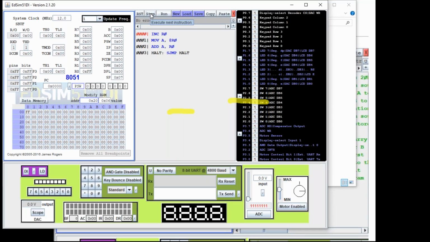Okay, so I'll step through. Now R0 is at FF. So when I increment it, R0 becomes 0. FF plus 1 is 0. You can note that the carry flags are not set. Now I will point R0 to 20. I'm doing it manually. So now if I move A comma R0,